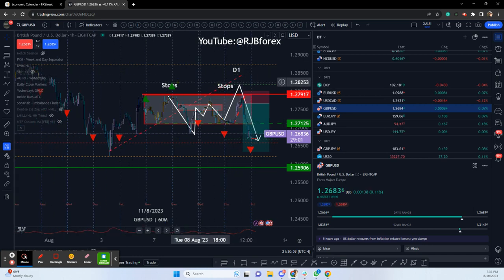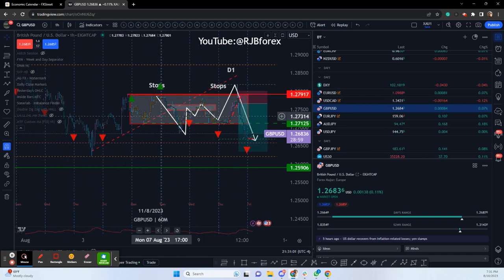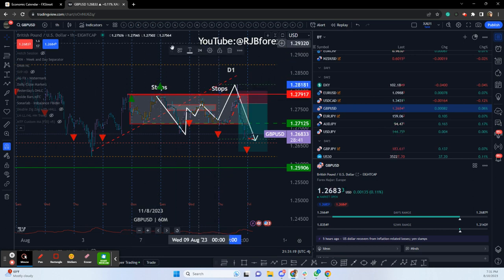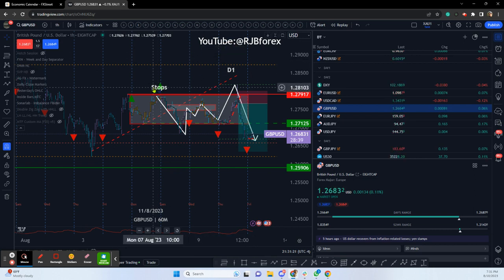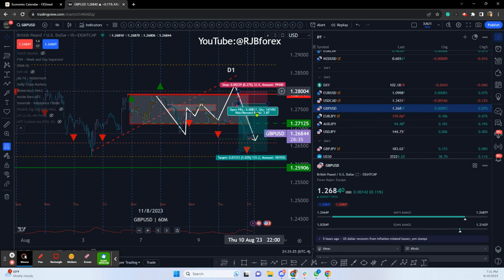Cable has been pretty much sideways all of this week in this channel, creating lows down here that were taken out at stop pump, which eventuated in a move up. We took out these stops that were being created throughout the week up high, so they've been swept, and we've had a subsequent drop. We've moved down,